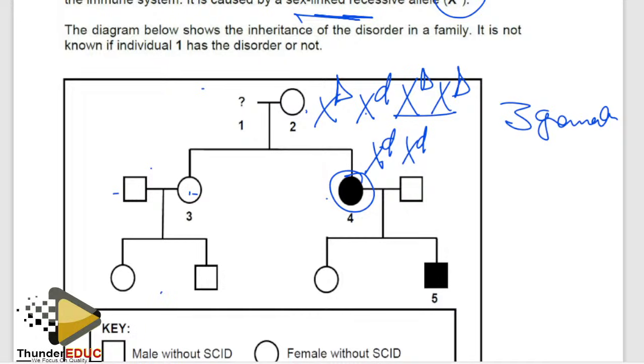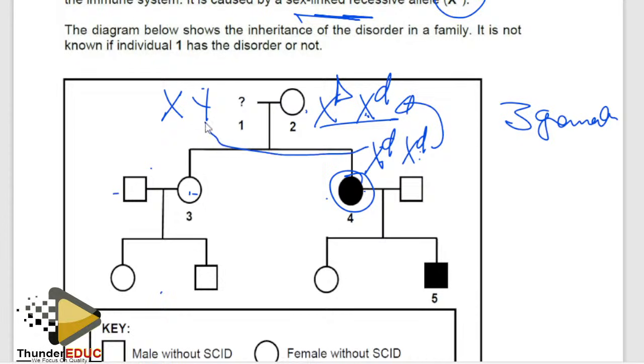You see, whenever they ask you to identify, make sure that you look at the kids. Yes, which kind of kids they have produced. Therefore we have identified that because this kid is small d, one came from the mother, so therefore the mother is like this. Now what about the father? Remember this is a sex-linked disorder. Yes, if one came from the mother,